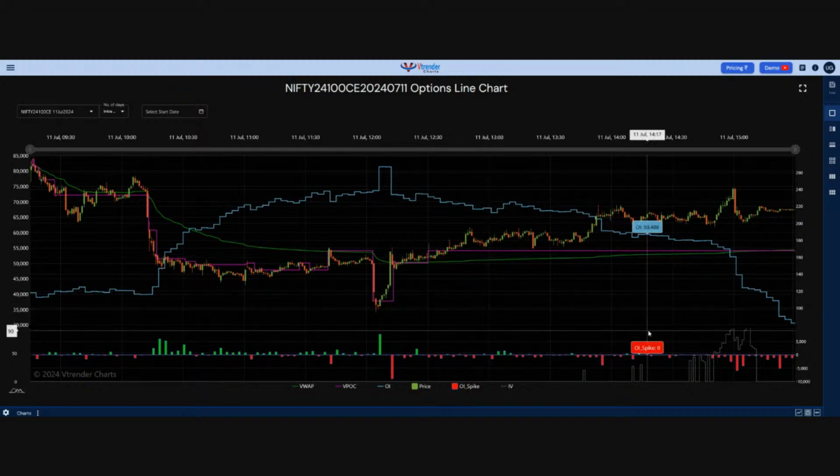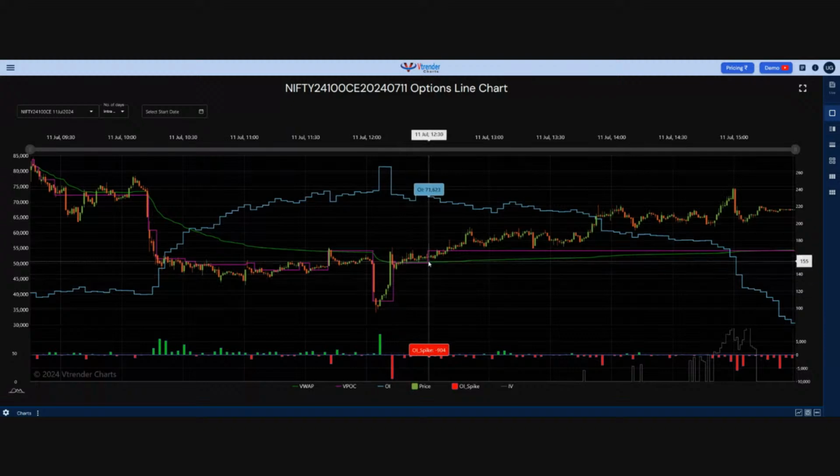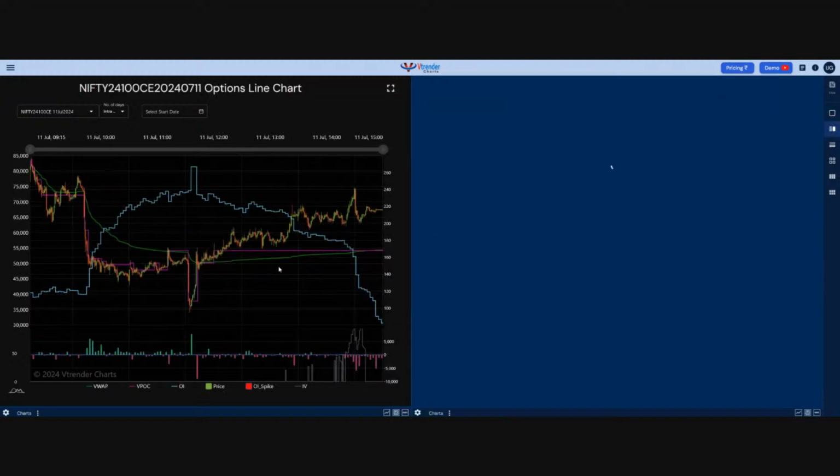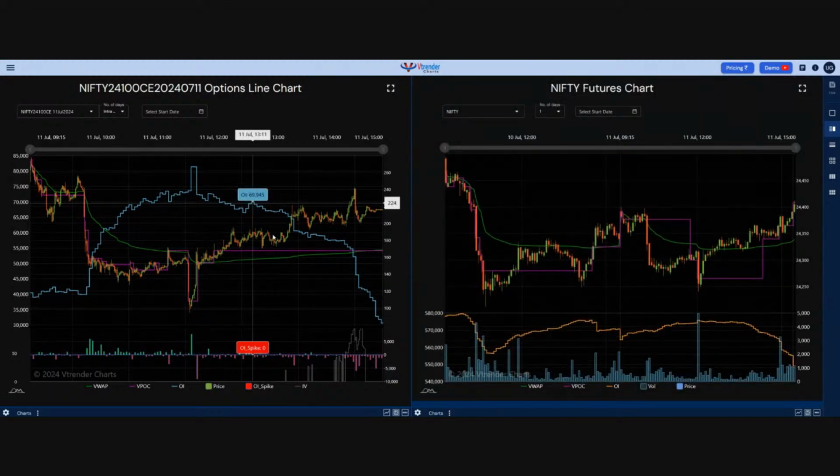And this is how we use option charts, the line charts, and we use this combination of VWAP and POC, not just on intraday, but also on a multi-day basis. So here, what I'll want to do is show you this example with the order flow chart of the 24100 call. So how we saw this option going lower